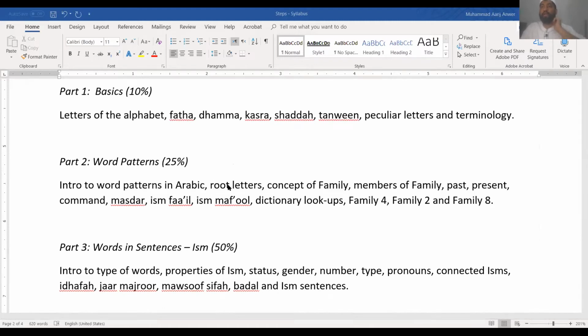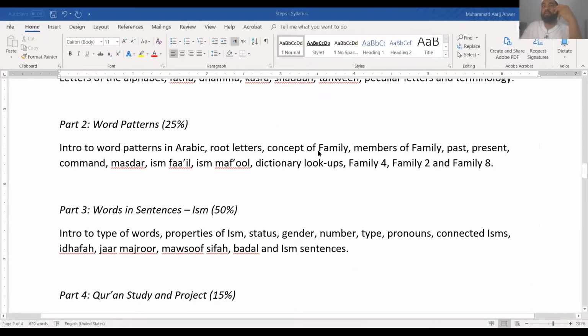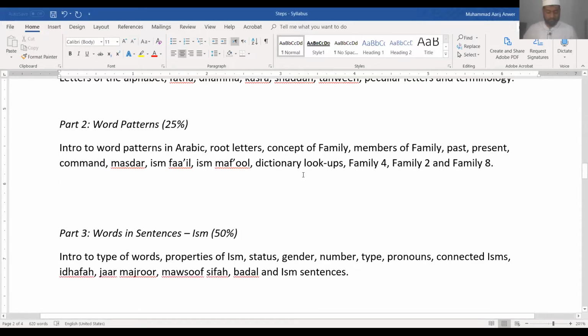Word patterns will cover the idea of a family in Arabic words, and how, just like a regular family of people, there are members of the family. We'll cover this concept, and it is so unique and incredible that you can take a word and, no joke, churn out 100 members of a family that all look like that word. So if I was to show you this, I take a word, such as